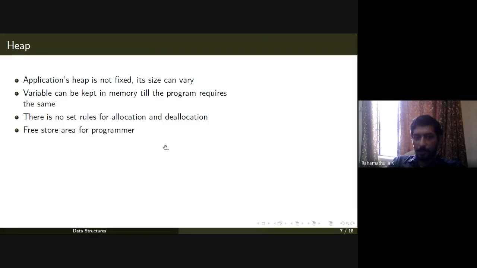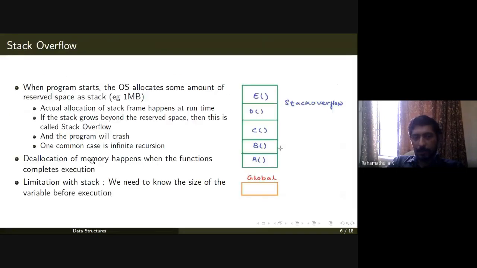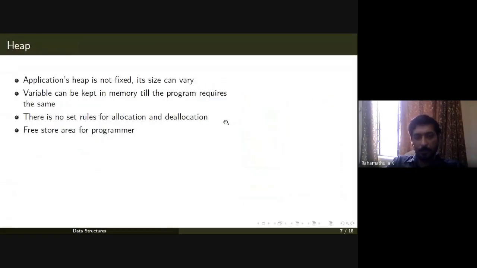But in case of the stack section of the memory, your variables will be available till the completion of that function, and once the function is complete, that variable will not be available. There are no set rules for allocation and deallocation. That is the idea behind the heap section, which is also called a free store area for a programmer.